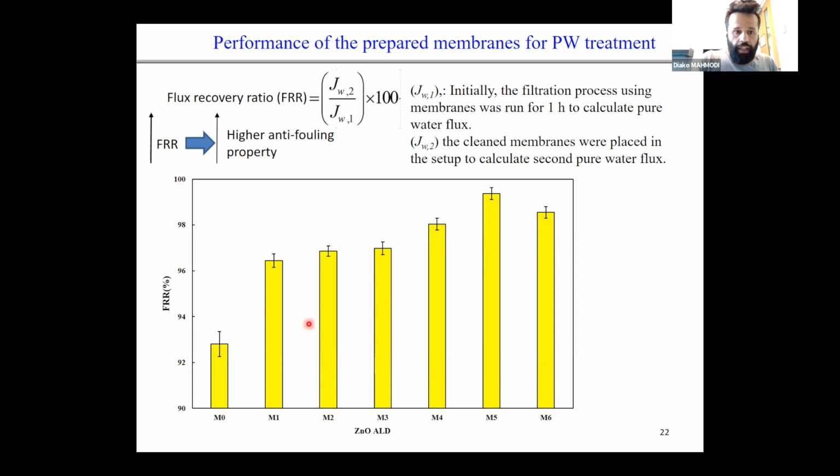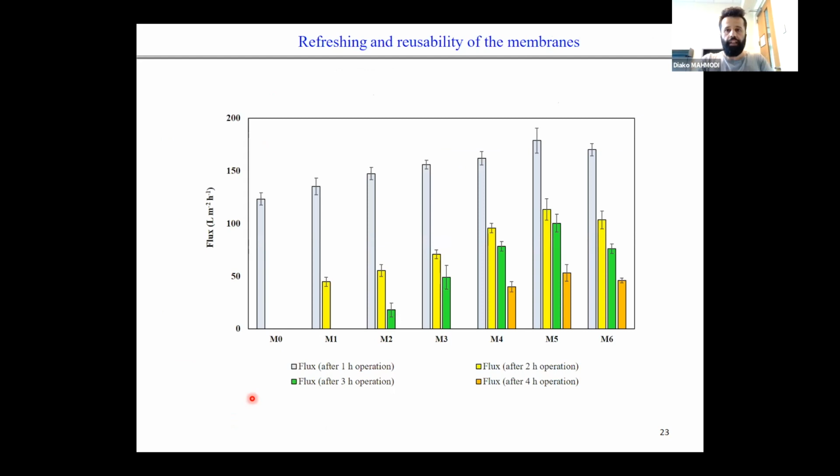Okay. And in this case, for all the modified membranes, FRR or flux recovery ratio is much higher than M0, which means we could give anti-fouling property to the modified membranes. Here is the last slide about